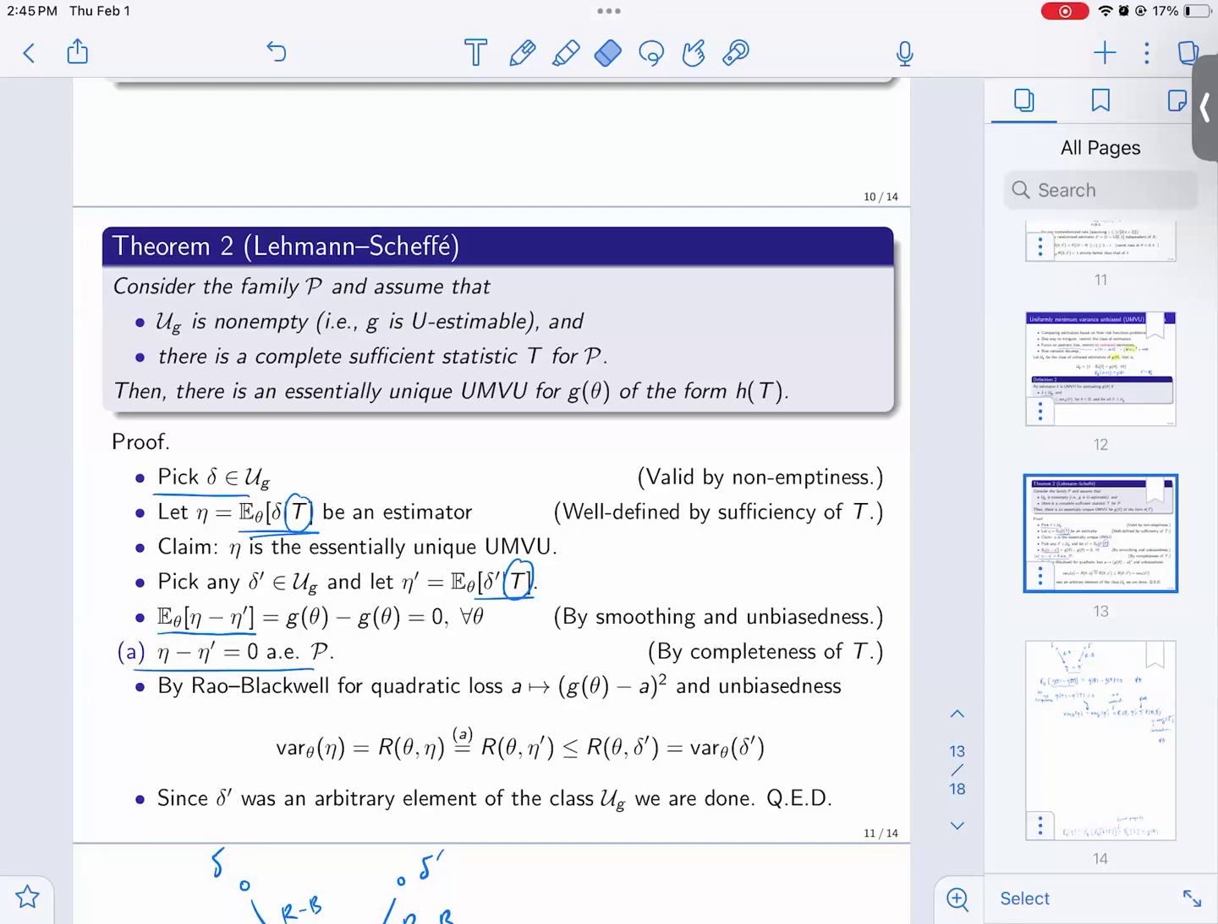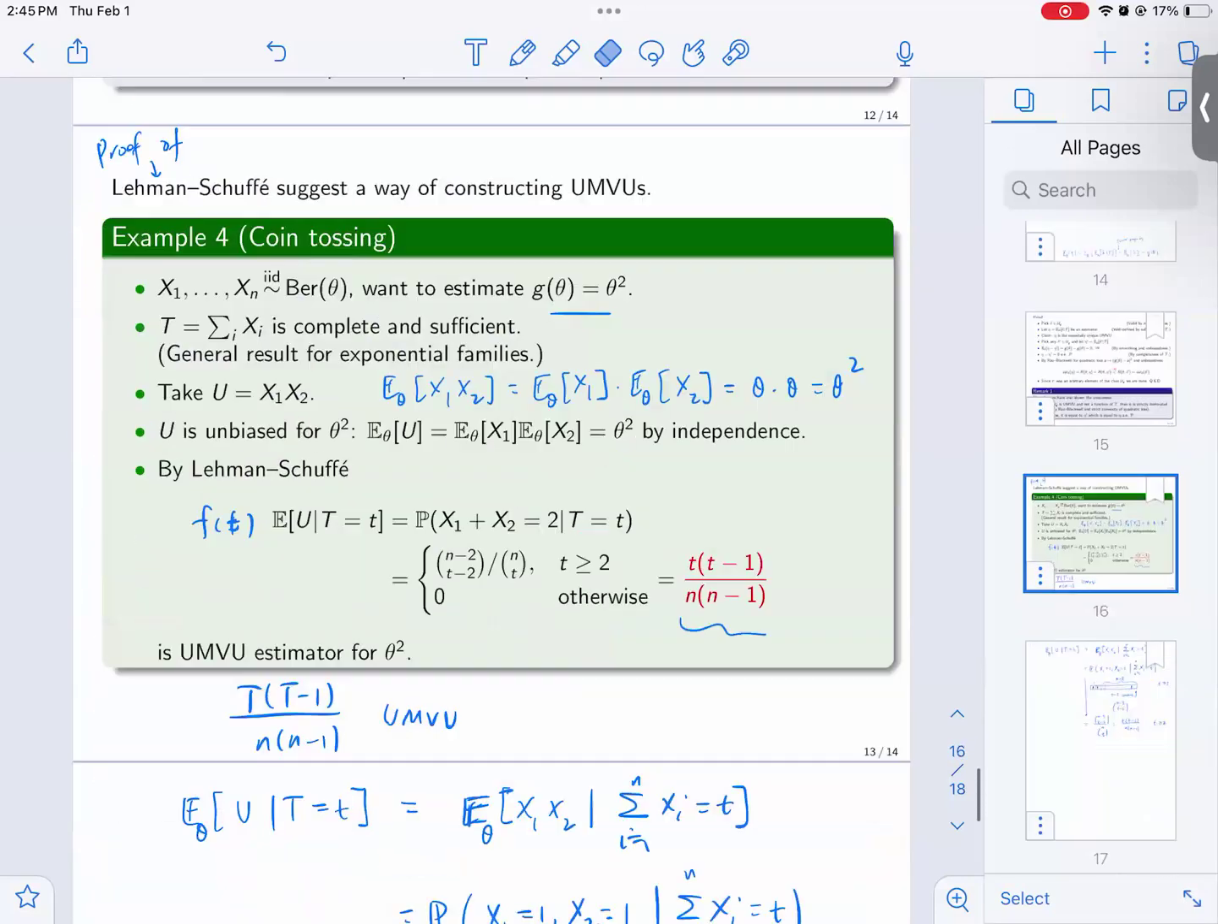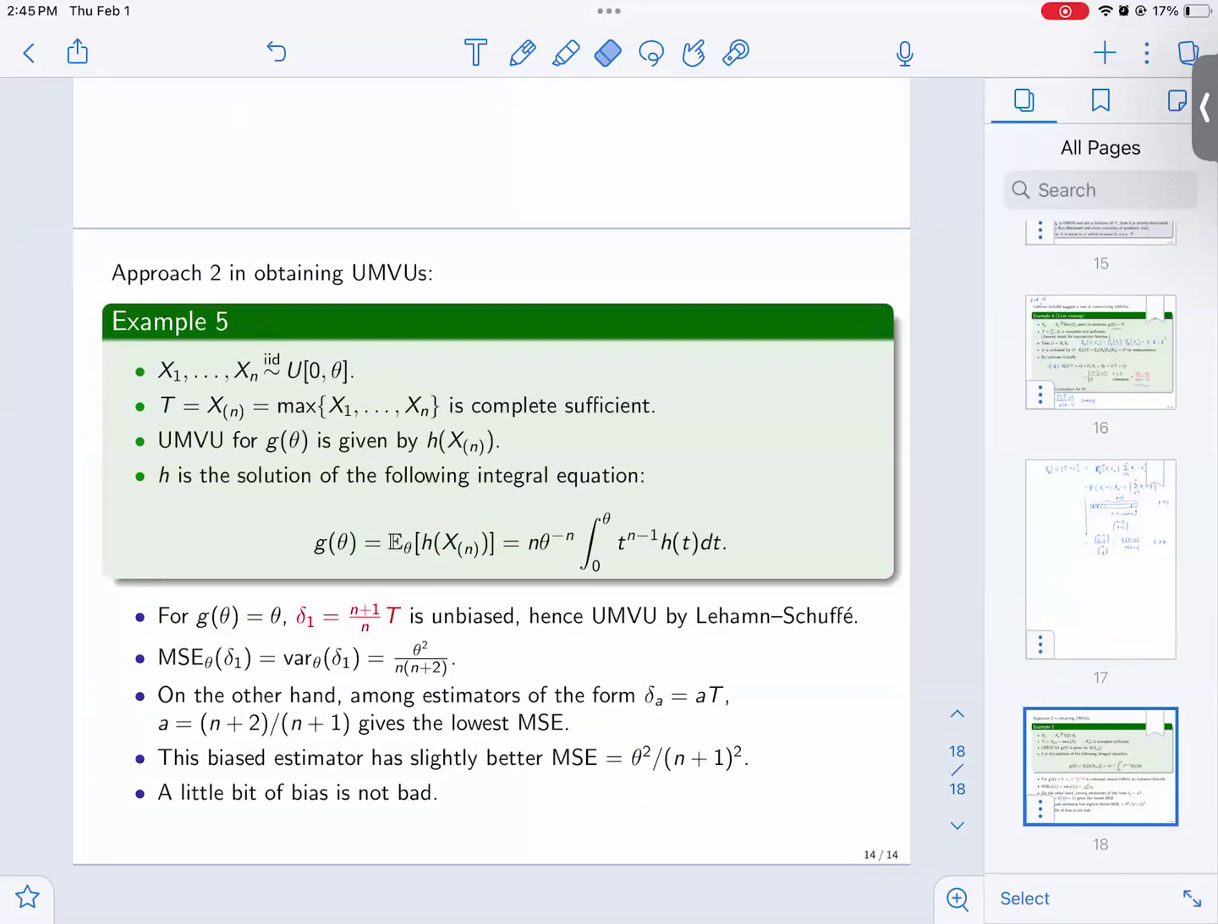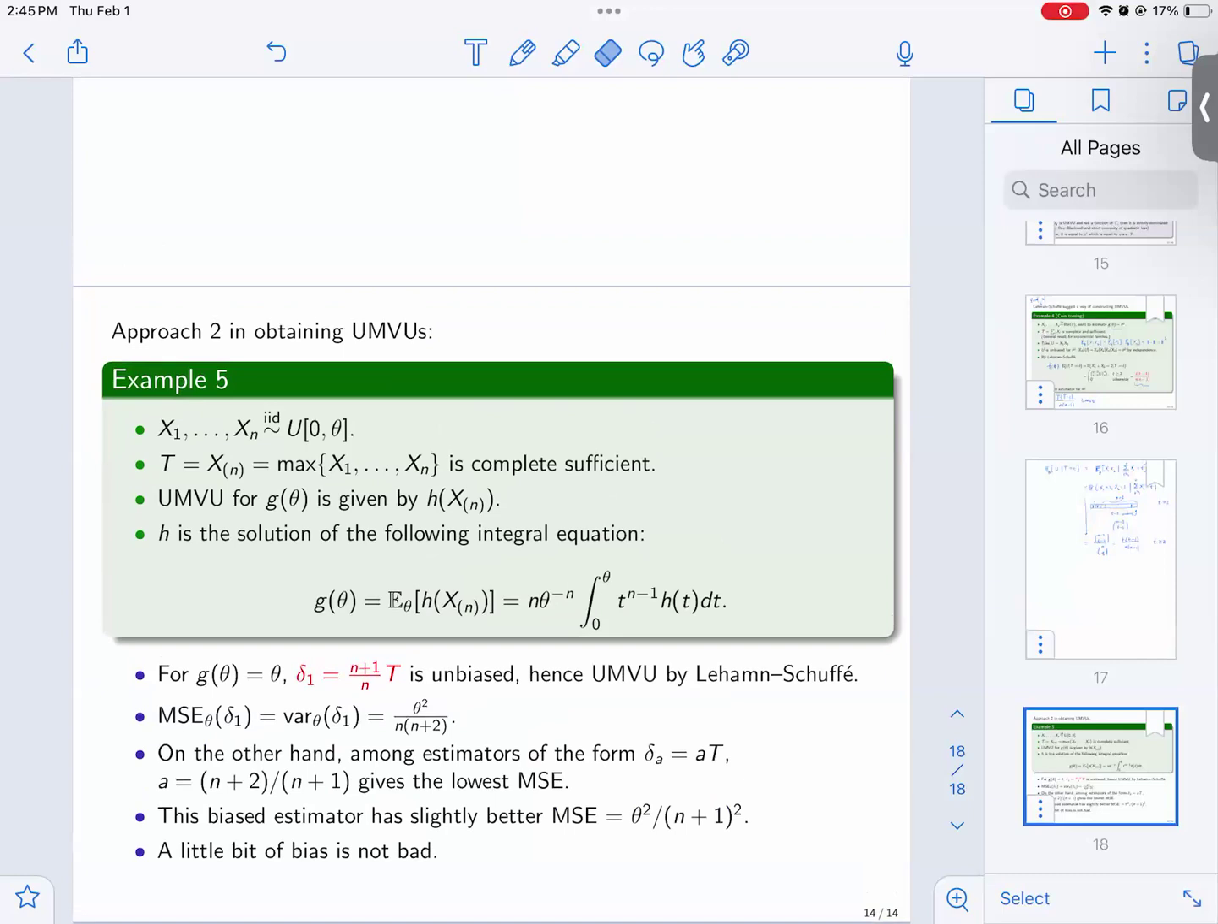Sounds good. Let's do another example. So here's approach two. We have this uniform zero to theta. We know that the max is completely sufficient. This one you actually proved